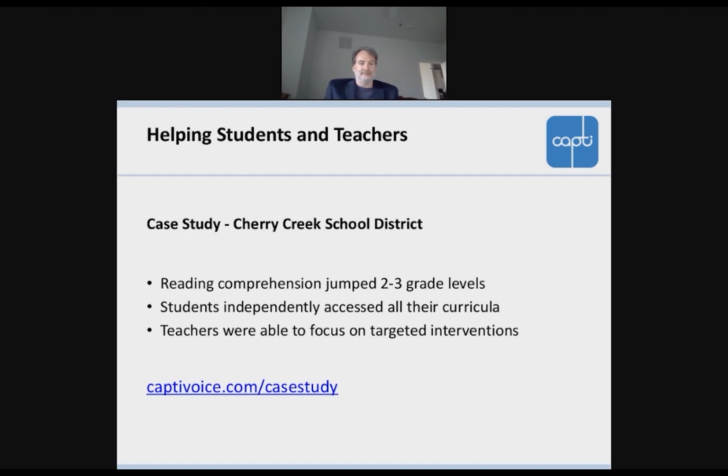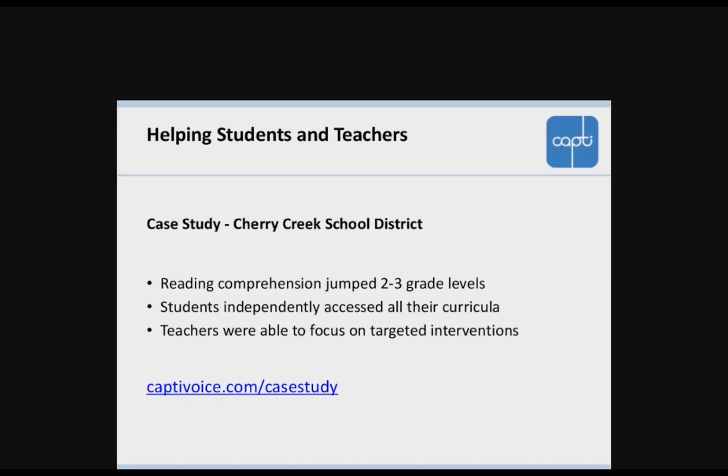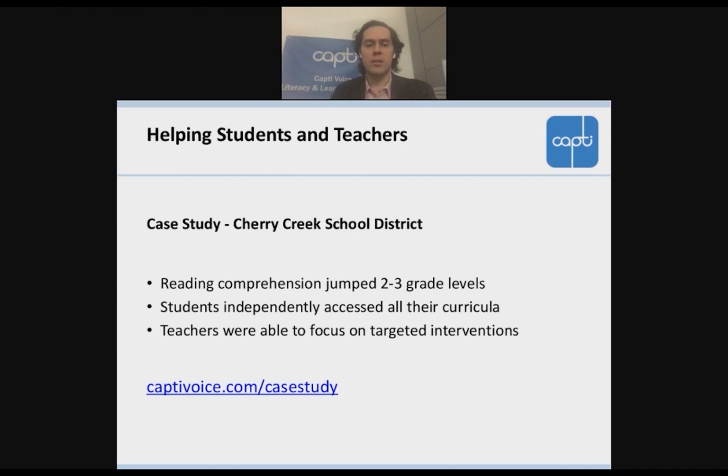Does it work? Well, Cherry Creek School District recently came out with a case study on Capti. Within a year, their mild to moderate special ed students saw their reading comprehension jump 2 to 3 grade levels after using Capti for just 72 hours. That's 15 minutes per school day. And Yale's also showed major growth. Teachers were able to identify deficiencies in reading skills and focus on targeted interventions. Students were able to independently access social studies, science, math, and reading curriculums. And interestingly, they started describing themselves as readers. You can read more about the case study at